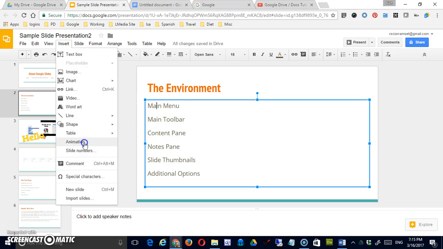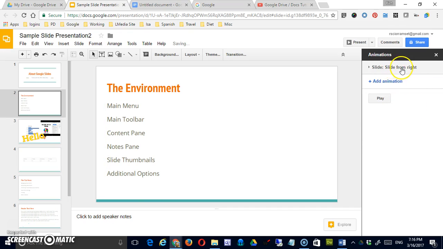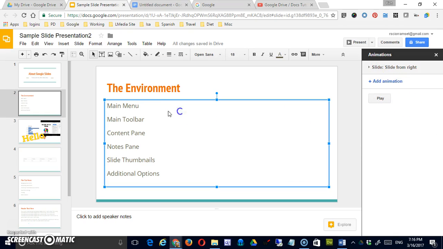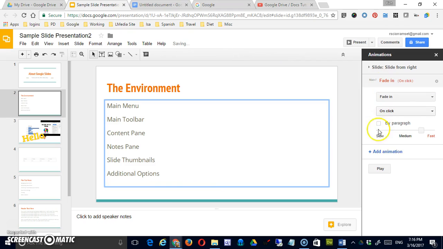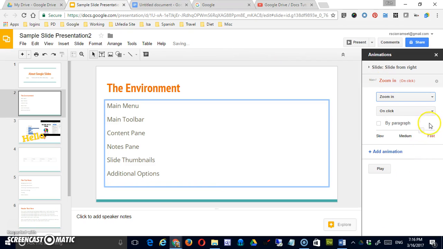So I can insert an animation here, and that's just going to open up the toolbar that we've looked at previously. Here I've already got some animations on this, so I'm going to remove them. There are different options. It can slide in from the right, slide in from the left, cube, gallery. These are different animations. So I'm going to click on there and add an animation, and I would like to zoom in,